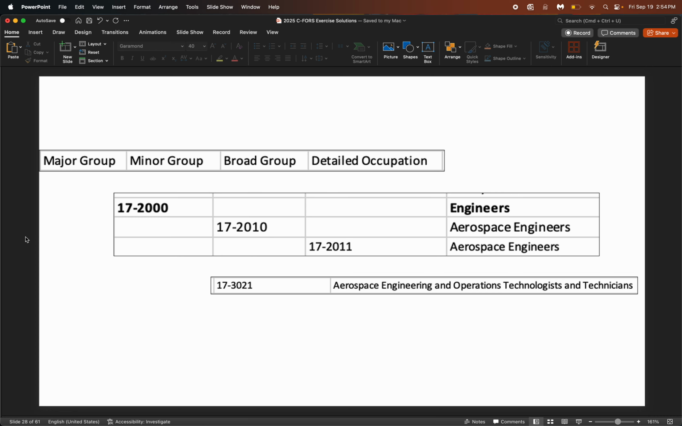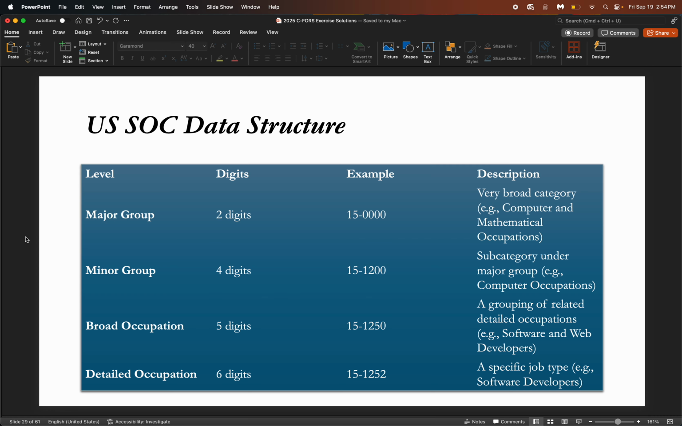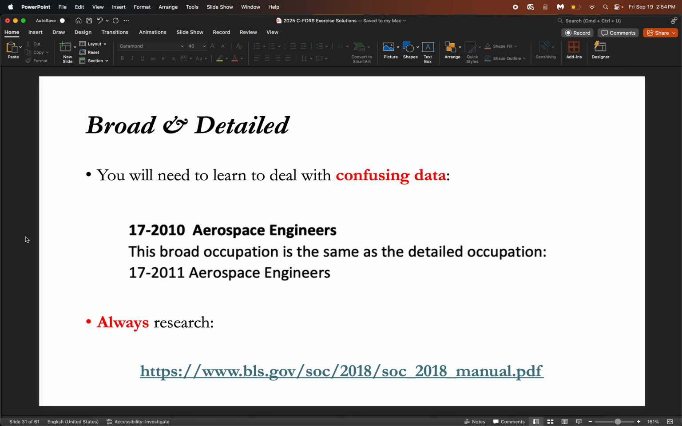They have this distinction between major groups, minor groups, broad groups, and detailed occupations. Here's some general guidance on it. Major groups, here are their digits, categories, but major groups are very broad categories, and then minor groups are subcategories under a major group. Not very helpful. Broad occupations are groupings of related detailed occupations. Detailed occupations are specific job types. Honestly, not super helpful. Still not really clear, but I'll note that broad occupation and detailed occupation